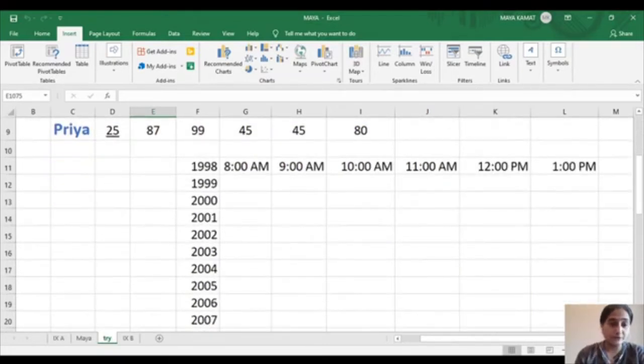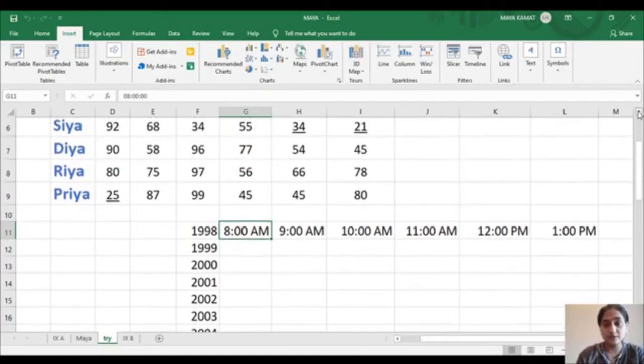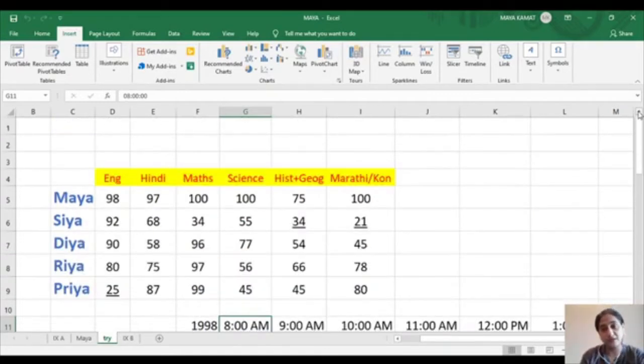We had also studied how to autofill the years, how to autofill the time. I hope you all remember this part. Today we are going to learn how to modify the sheet. Let's say in between English and Hindi, I wanted to add a new subject called Sanskrit.